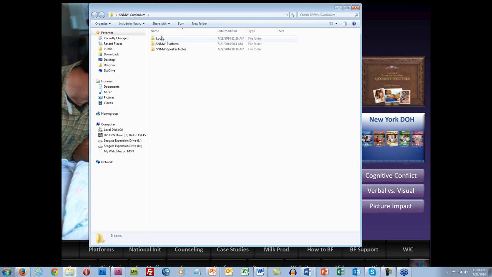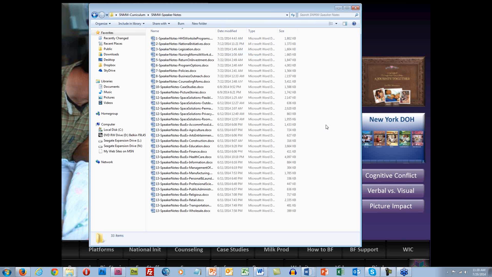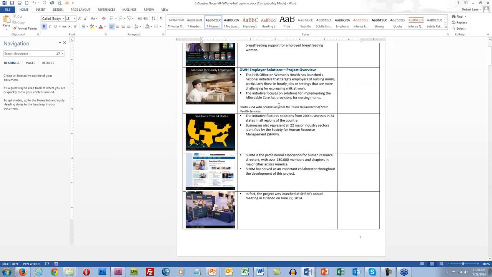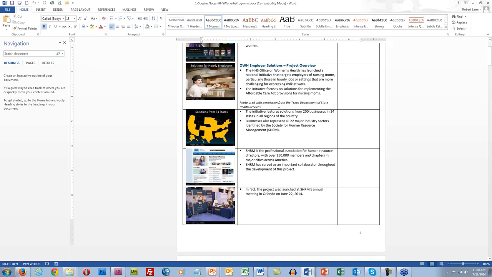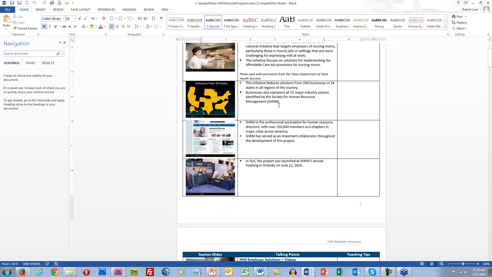The speaker notes is where, this is what Kathy has spent half of her life on recently, doing all of these. These have all of the details in them that you want to know about using these materials. She's done amazing things. She's put screenshots of the slides in here. She's given you details on what to say, the story behind that slide, why it's there, everything. It's just